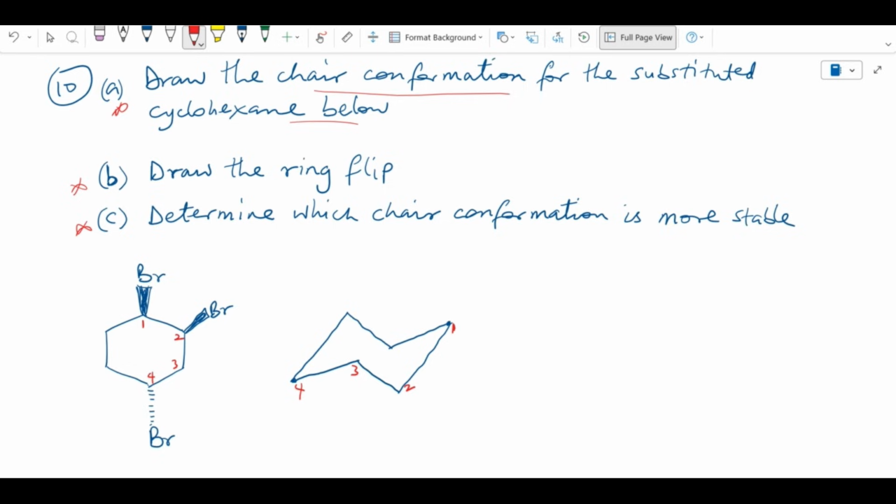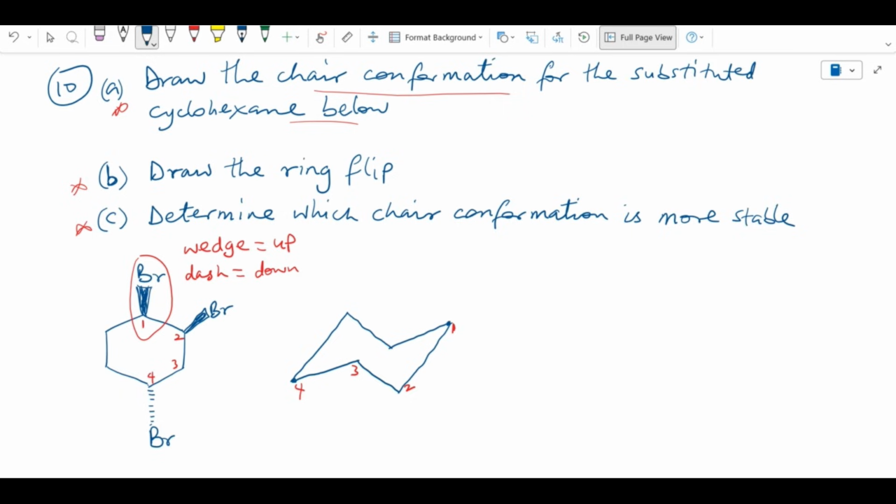Before assigning the substituents, it's worth noting that we have to assume that wedge means up and dash bond means down. So since the bromo group on carbon 1 is on a wedge bond,